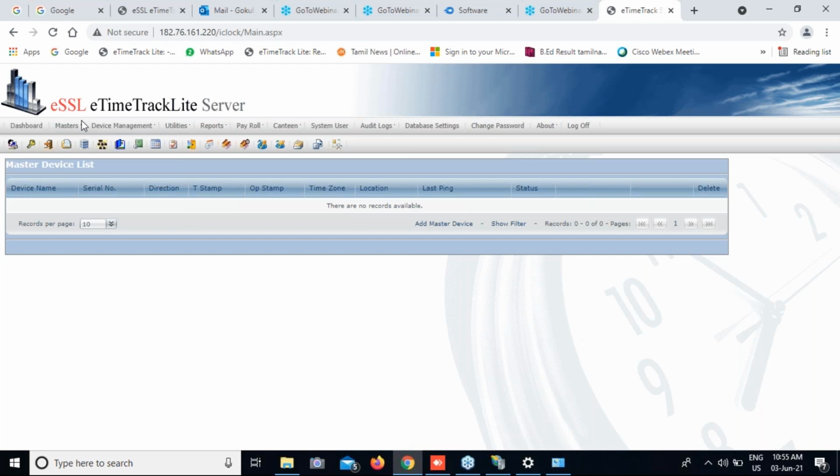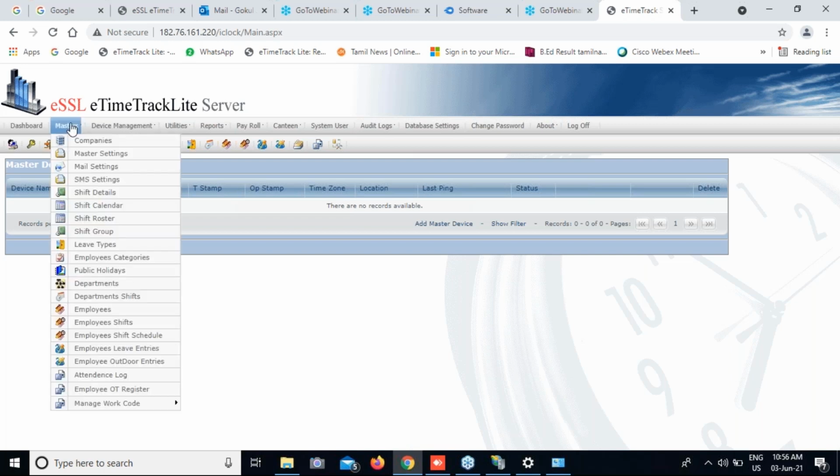Next, utilities option. So in this utilities option,